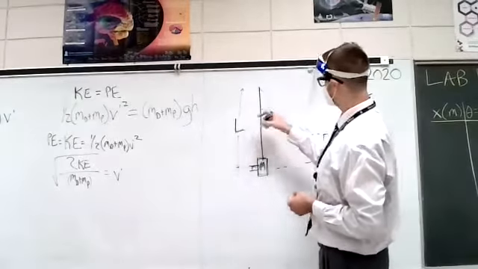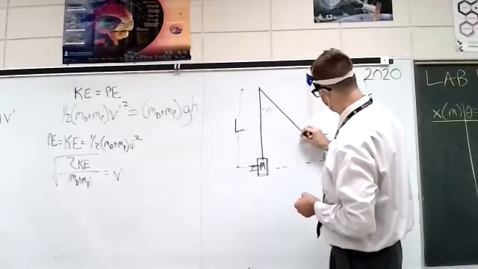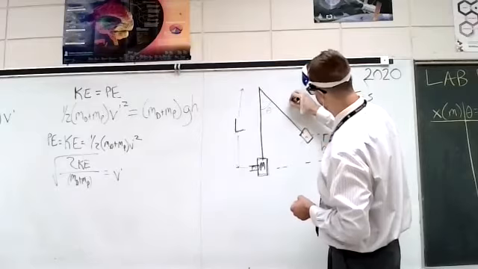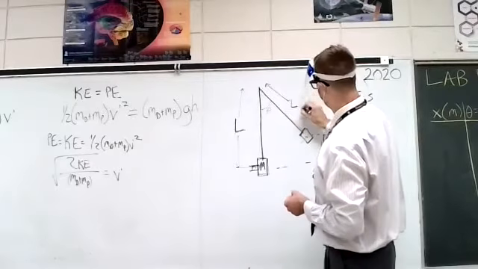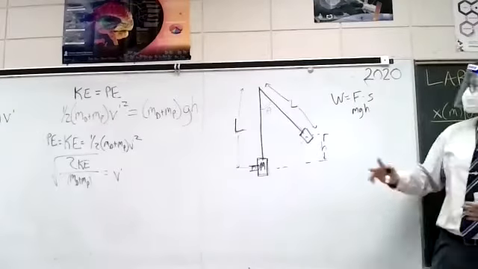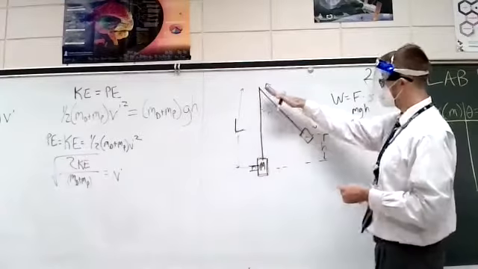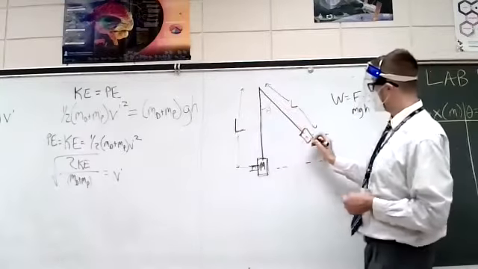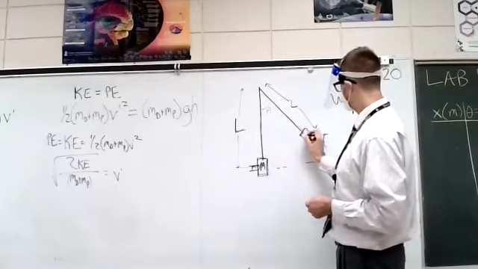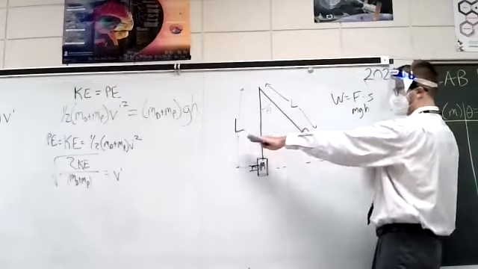We know the length. When the pendulum swings out some angular displacement here, it is still L long, right? It didn't change its length. It's still going to be that length. In other words, as this thing hangs here, it's a certain length, and when it swings out, it still is that long, all right? But we can kind of think about it, it's made this triangle here, where however far it